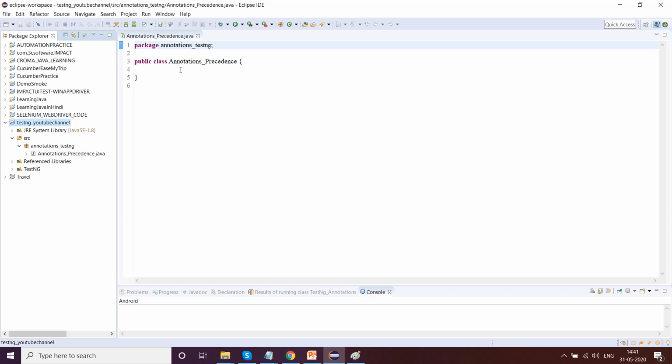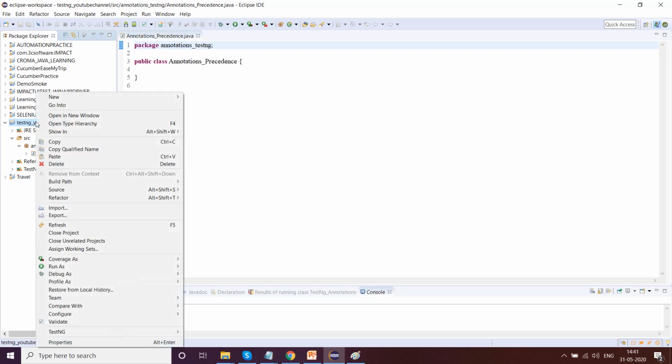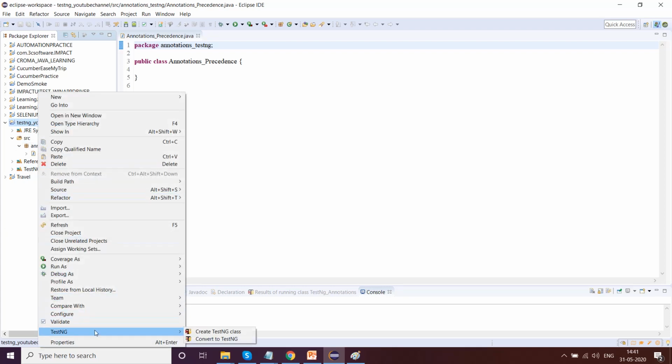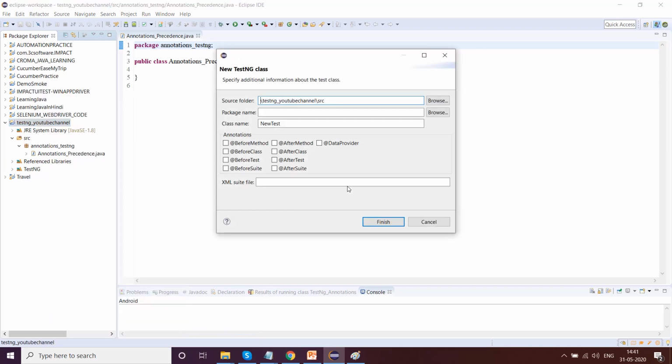Now we need to understand the different annotations that TestNG uses. I'll write it myself, but I want to show you how you can find this. Right click on this project, go to TestNG, and click on create TestNG class. Here you will see all the annotations you need: before method, after method, before class, after class, before test, after test, before suite, after suite, and data provider.